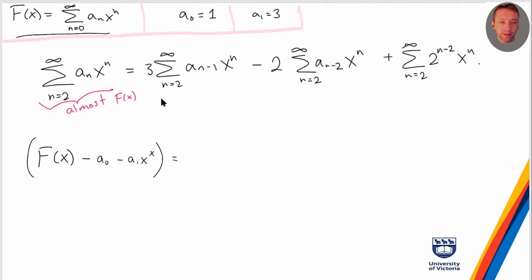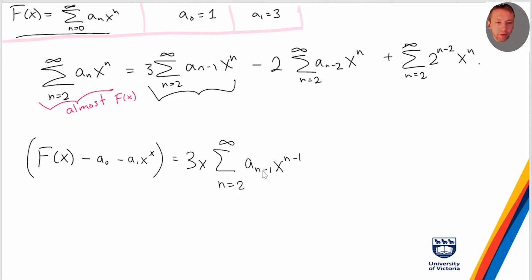Here, I have 3, and then I'm going to pull out an x. If you pull out an x, what you get is the sum n equals 2 to infinity a n minus 1 x to the n minus 1. The reason I pulled out the x is so that I can get these things to match. I have an n minus 1 here and an n here, and I would like them to be both the same. But if I'm summing up from n equals 2, this is the same as if I sum n equals,